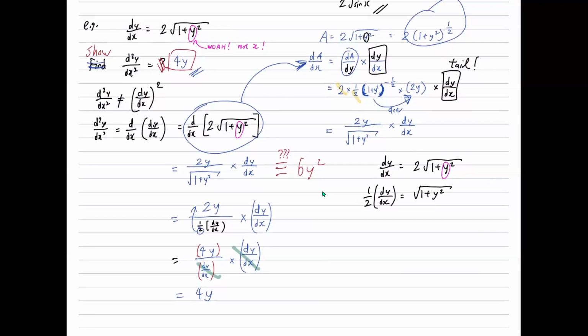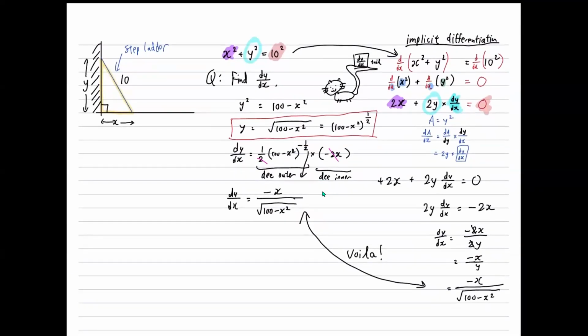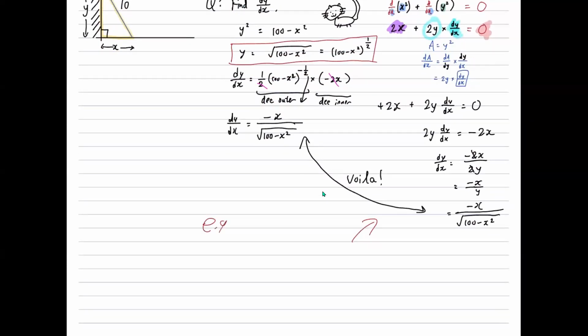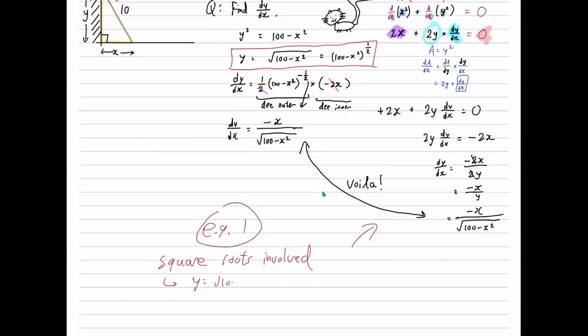So this is the first example. Sorry, let me just rewrite this. This is example 1, and this is example 2. Example 1 is above, that was where square roots were involved. Whenever you have square roots involved, like in this case, y equals the square root of 100 minus x squared, the strategy is